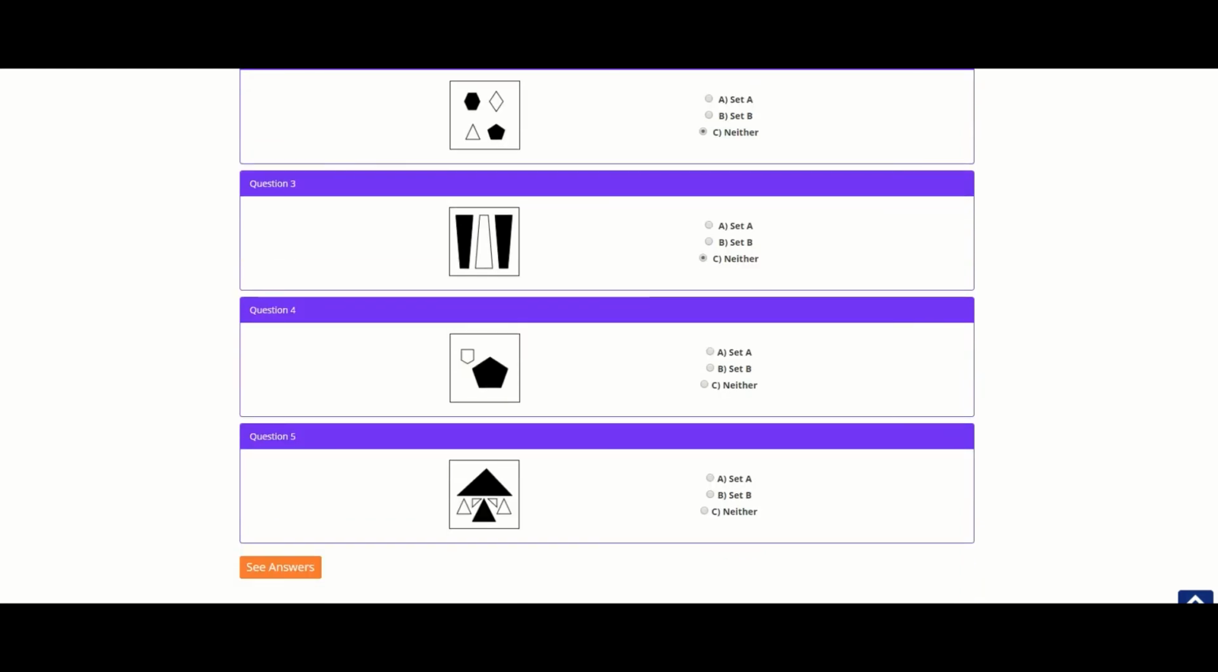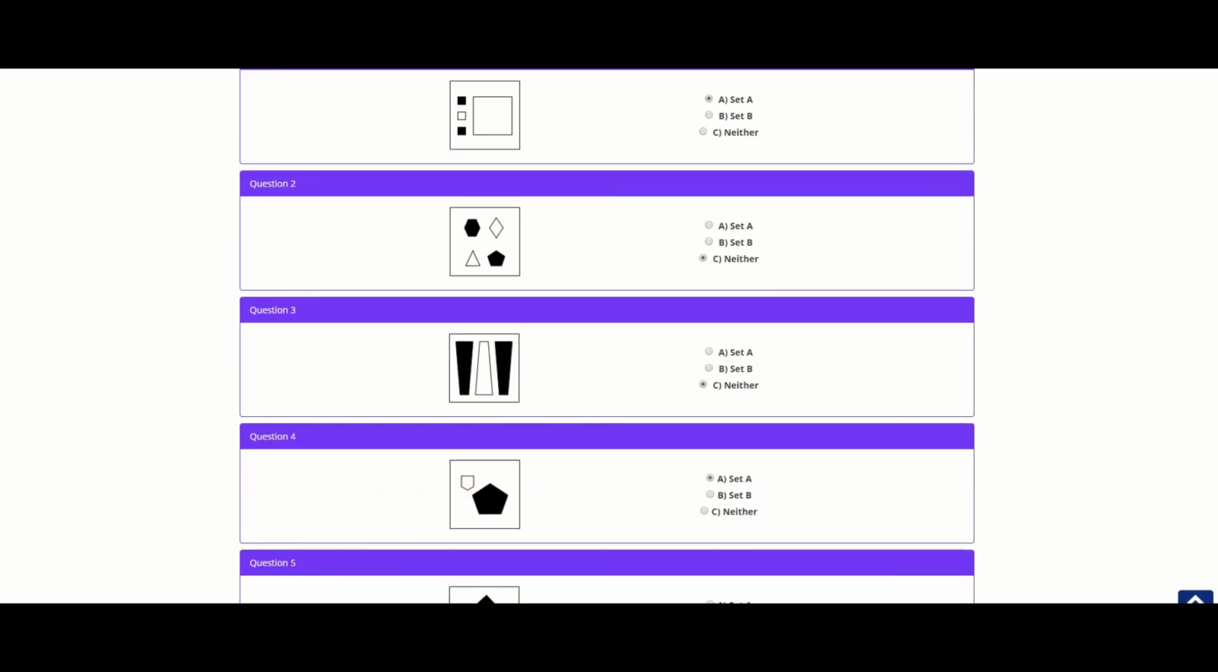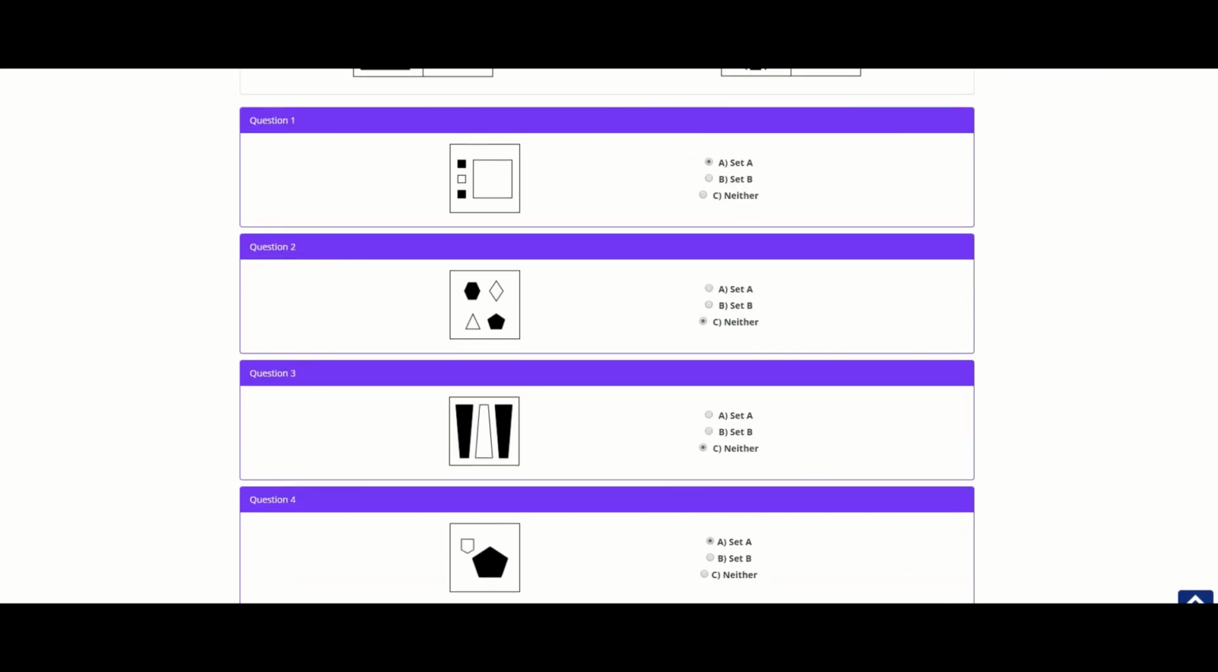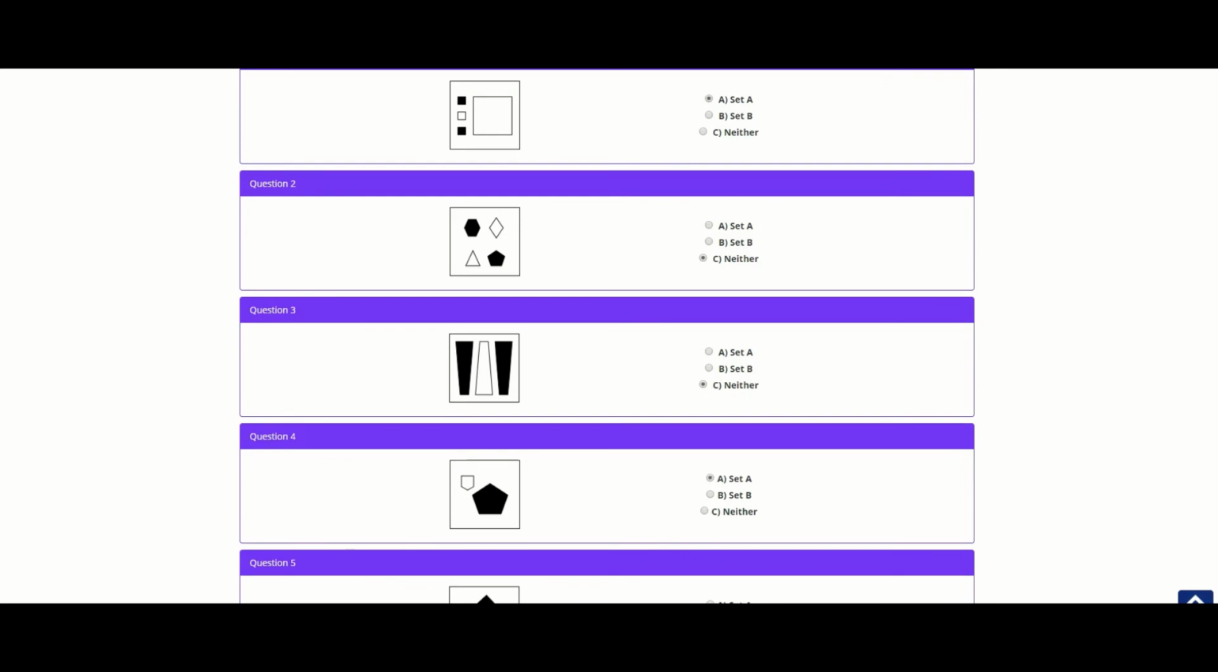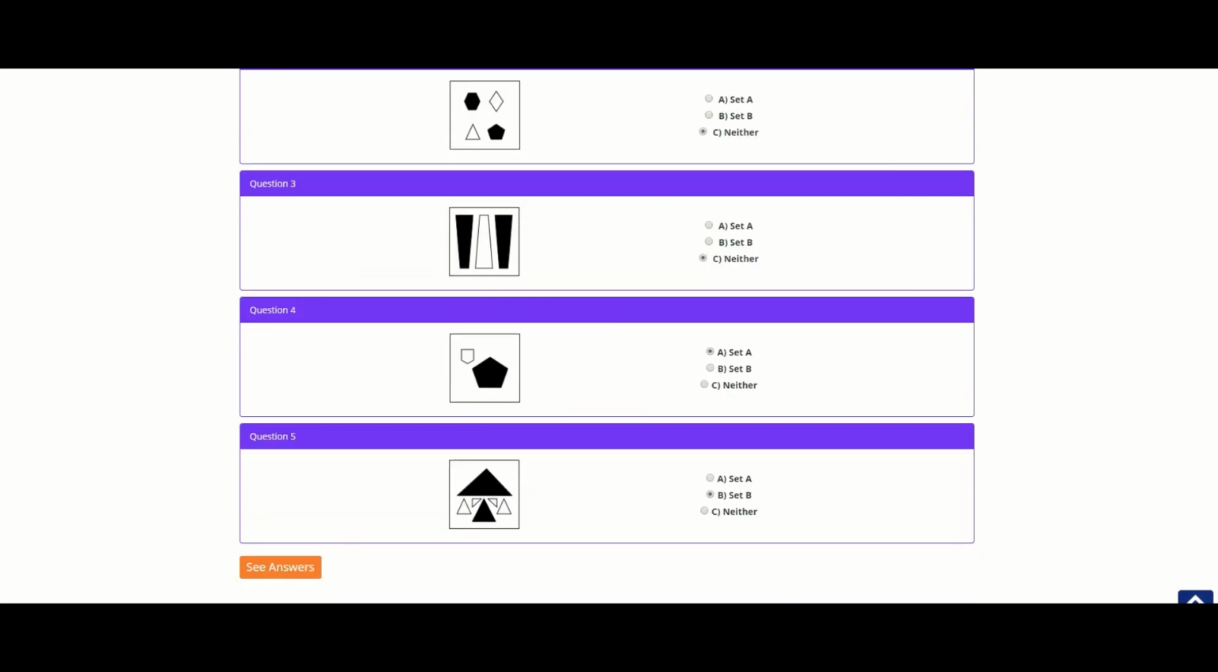Next question, don't even waste time. 5 black, 5 white in A. Next question. 6 black, 12 white. 12 is twice 6. Got set B. We did that actually, it took us like 3 seconds, that was under 25 seconds